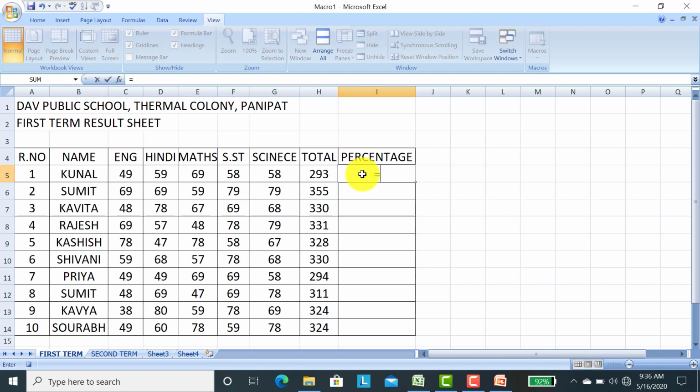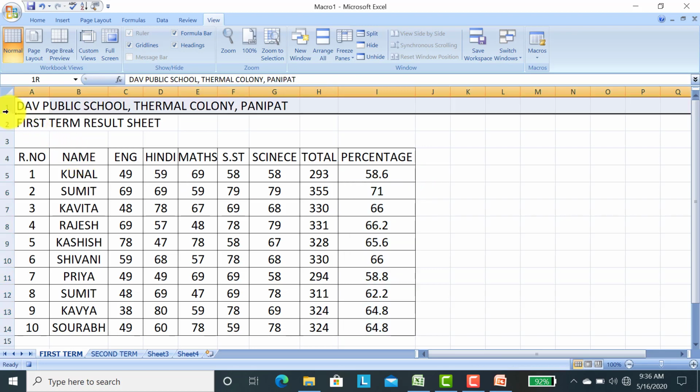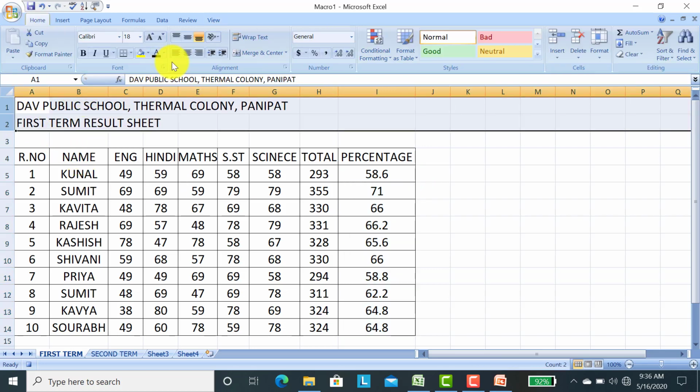Then percentage, how to calculate the percentage? Equals total marks divided by 500 into 100. I get the percentage.